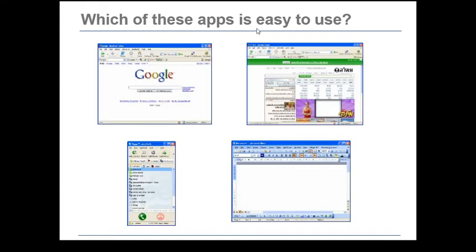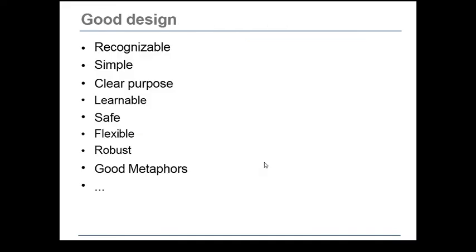Which of these apps is easy to use? Whenever you look at this diagram, there are different apps. Whenever a user tries to use these apps, how easily do they interact with a particular app, how do they understand the particular page? This is the main thing about ease of use in different applications.